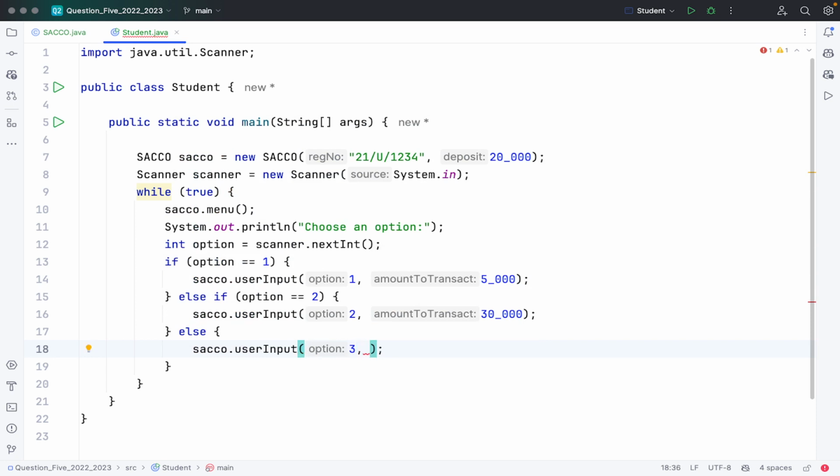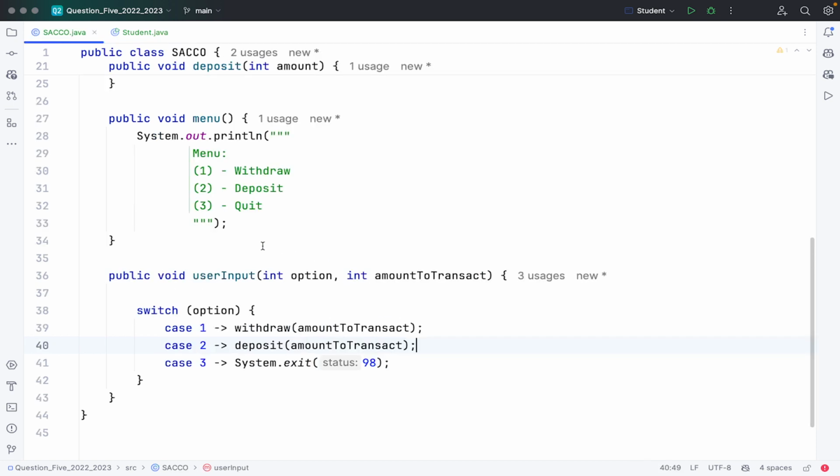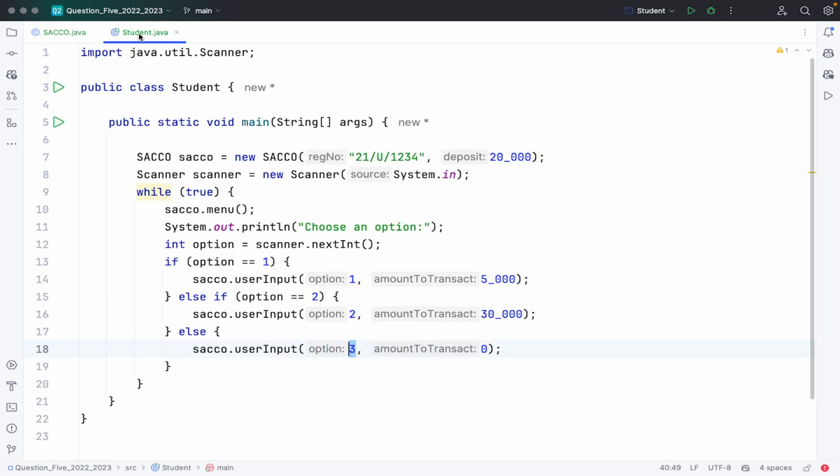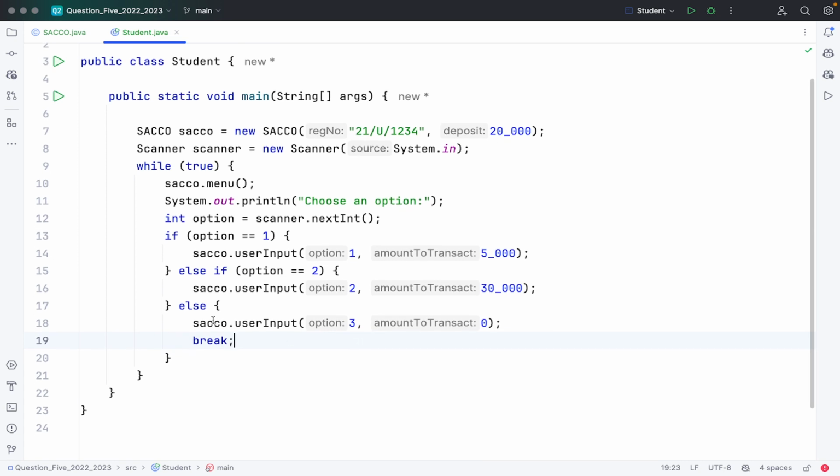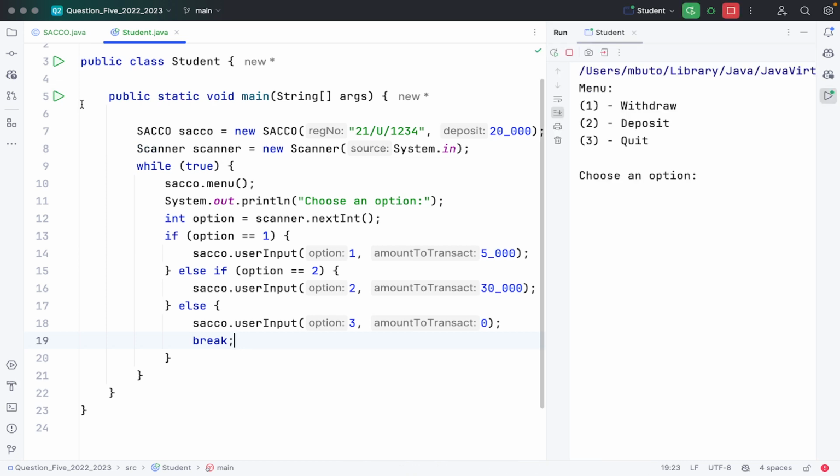And since we need to include the amount to transact, let's just say we're not going to transact anything, but we just want to quit, which is option 3 on this menu. So after quitting, that's when we can break from the loop and make it cease to be infinite. So let's run this program of ours and see whether our deposit, withdraw and quit